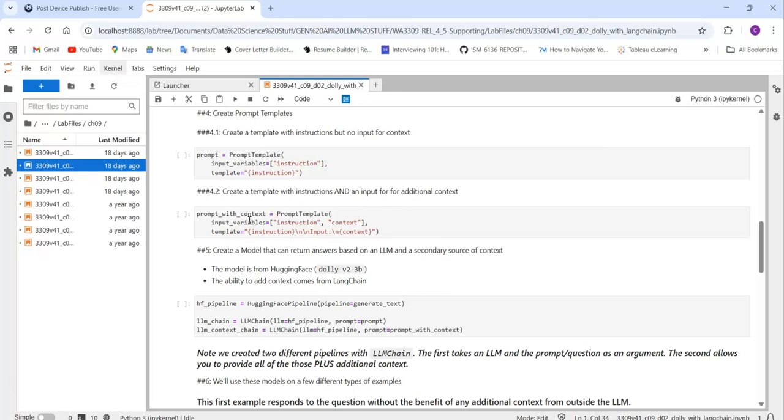This will also help you look back at your code whenever you want, and it will help you to easily understand it. It's not like something got mixed up, and whenever you want to see it you feel, oh my god, this is the code which I wrote, and you can't understand what you wrote. So that's why it's good to follow coding practices. Just follow that. So input variables equal to instruction, context, and template is equal to your instruction input